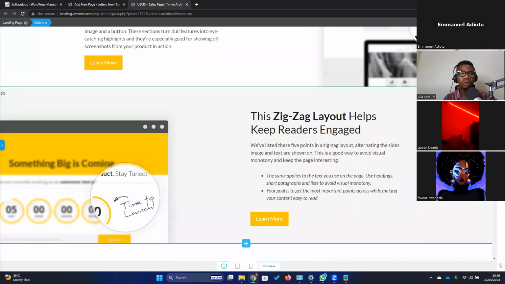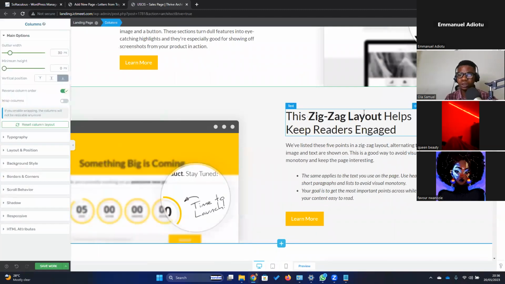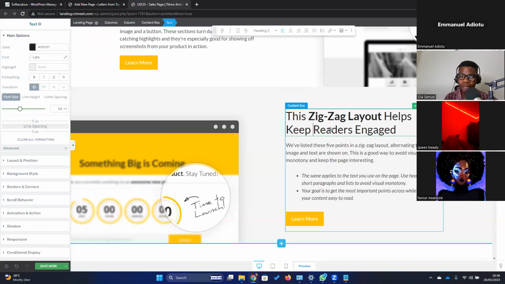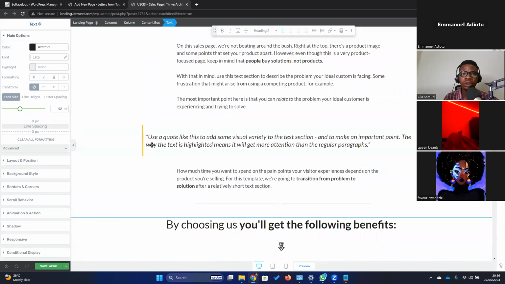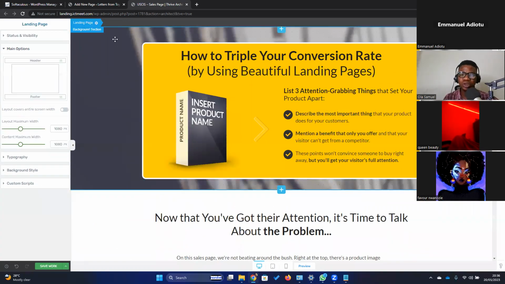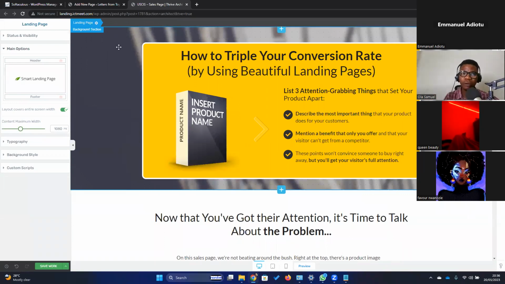Okay. So now please watch me. You need to watch me very closely. Thrive Architect works in a way that as you are selecting your element, please watch me very, very closely now. Look at this section, for example. Okay, let me begin from the top. Look at this whole page, okay? That is landing page. As you click on an element, okay, there is this